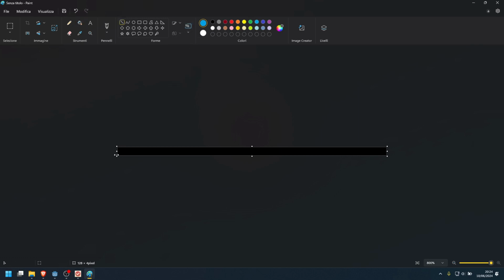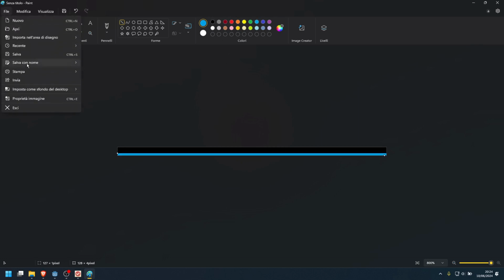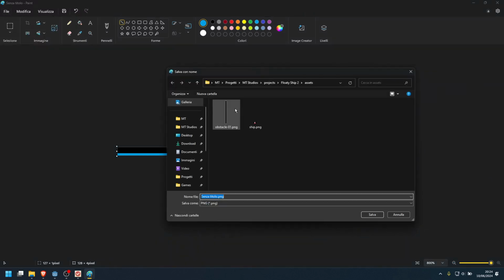Just give it a 1 pixel wide string of light blue. At this moment I don't actually care if this is the same Pico 8 palette or not. And let's just save this inside our sprite,